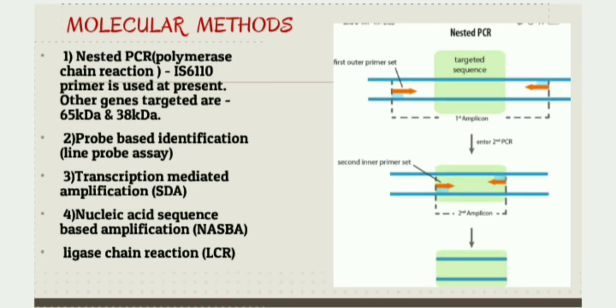The most accepted method is GeneXpert or CBNAAT, also known as cartridge-based nucleic acid amplification test. The advantage of CBNAAT is that it detects the bacteria, and along with that it also detects the sensitivity status of the bacteria to one of the first-line drugs in the treatment of TB called rifampicin. So it does two things in one go. That is, it detects the bacteria and also checks whether the bacteria is rifampicin resistant, and it is a less time consuming process. In extrapulmonary TB, sputum cannot be taken as a sample.